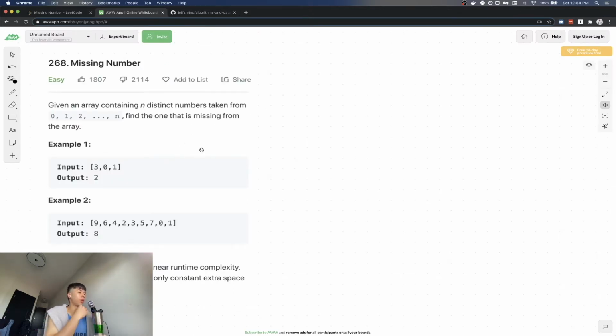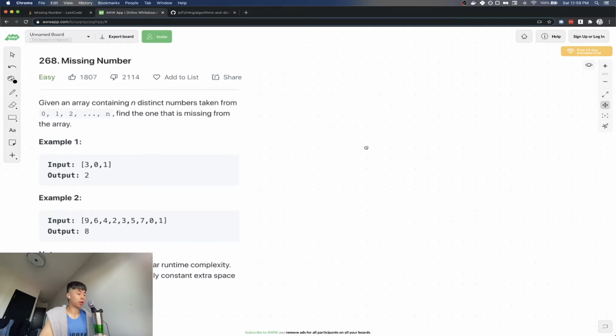We're given an array containing n distinct numbers, and we know the range of the numbers is between 0 and n. Find the one that is missing from the array. Okay, so the first thing we can do clearly is